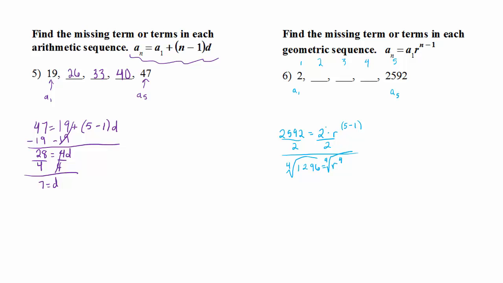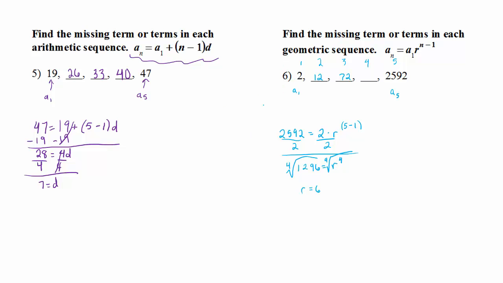And off the top of my head, I don't remember what the 4th root of 1296 is. It is 6. Go figure. So r is 6, which means that we are multiplying by 6 to get each term. So 2 times 6 gives us 12. 12 times 6 gives us 72. And 72 times 6 gives us